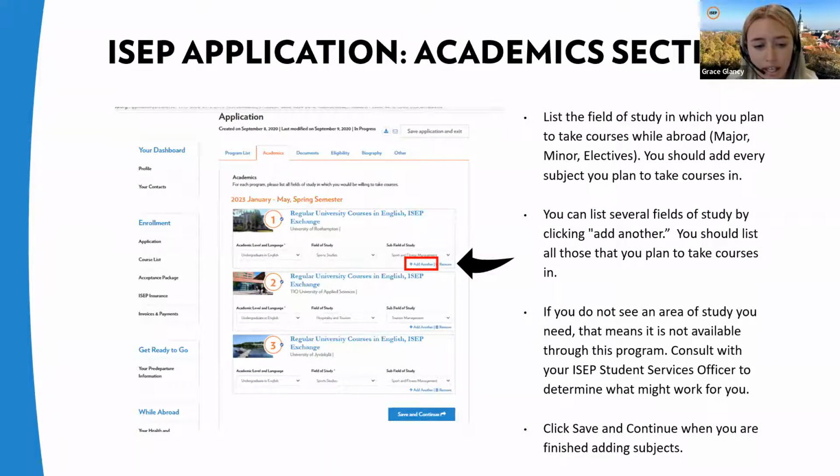Keep in mind that if you list fields of study here and you change your mind and want to do another field of study while you are abroad, it is most likely possible. You can double check with your student services officer and your host university coordinator after you receive your placement. However, we encourage you to list as many fields of study here as you think you will be interested in